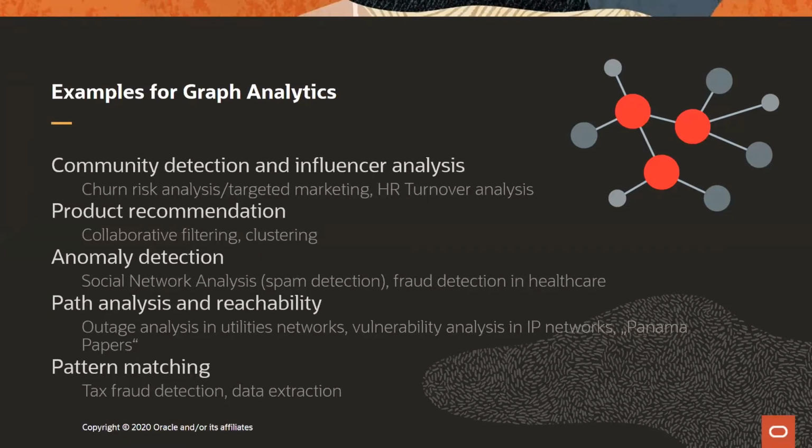Then, of course, there's the conventional path analysis and reachability, which is kind of like what I tried to explain in the road network example, which you don't only apply to road networks or utility networks, but you can also use that in the context, for instance, of large connected data sets such as the Panama Papers. You may recall the Panama Papers, where you would have